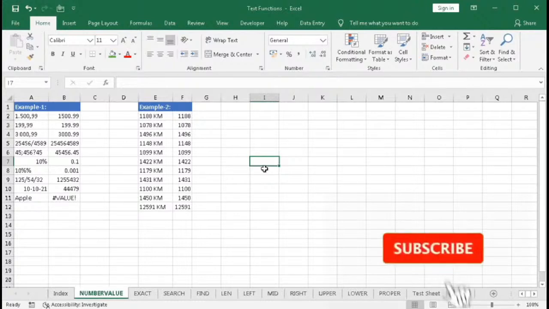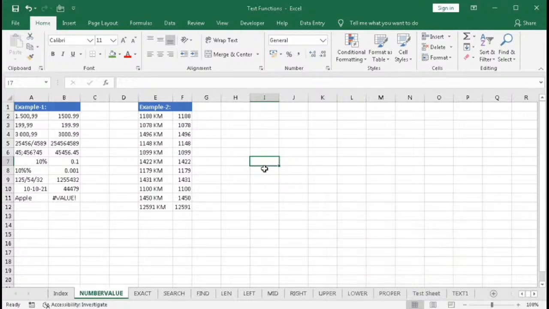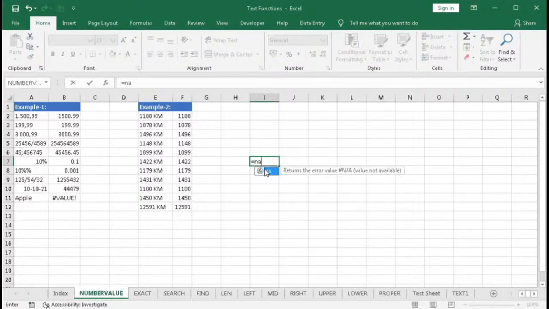So in this tutorial we will learn about the NUMBERVALUE function. So what is NUMBERVALUE and how to use it? We will learn each and everything one by one with real life examples. So type here equal to NUMBERVALUE